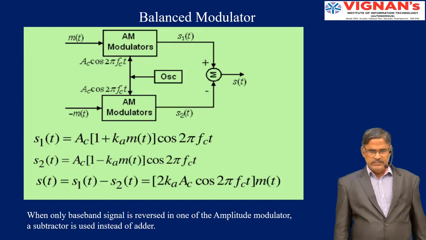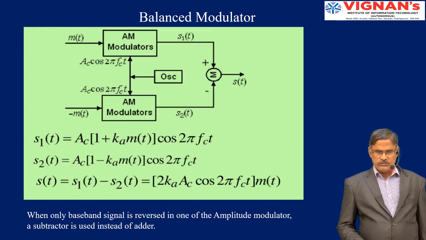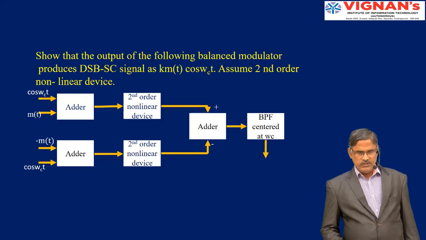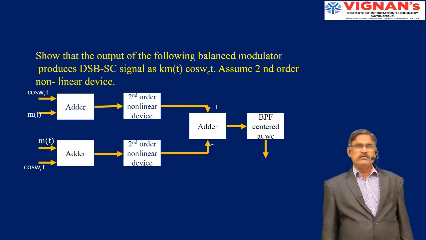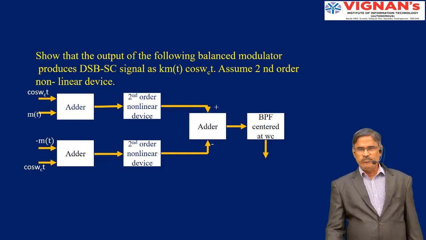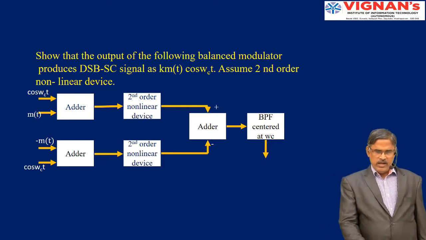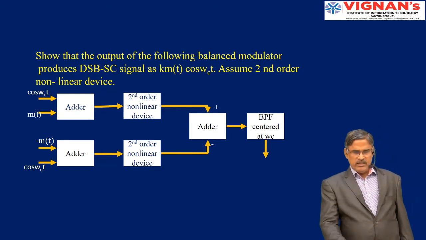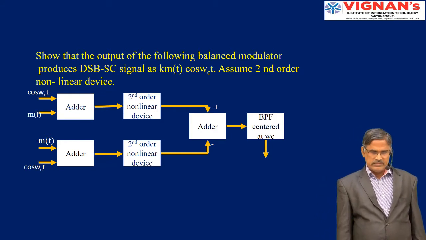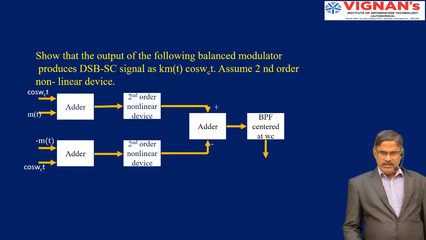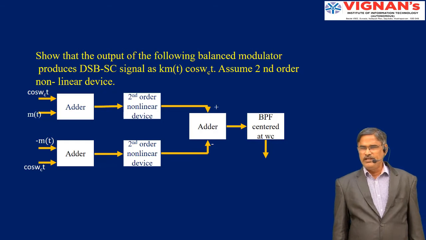So here it is given as a general AM modulator. But how is this balanced modulator made with the devices? So the concept is given. First of all, you have to add both of the signals, and after adding both of the signals, you have to apply a device which will do the multiplication. Both the signals are subtracted and you are getting the product signal. This is the concept. Add the two signals and apply them to a device. This device is a second order nonlinear device.